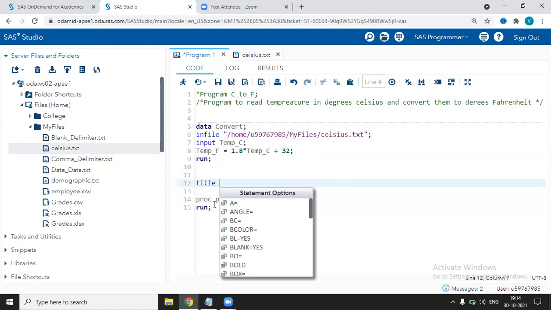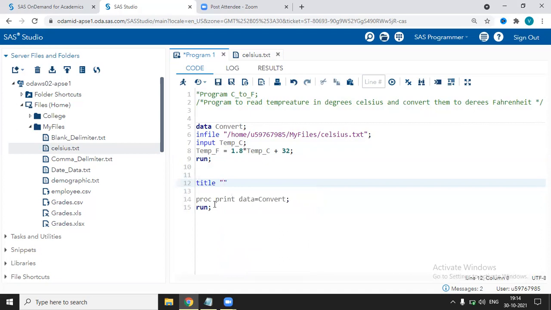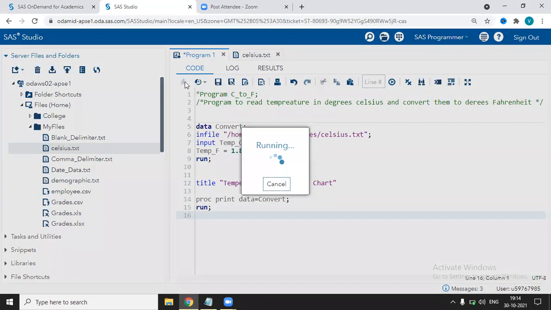In title, in double inverted comma, you can give whatever title you want to give to that data set. I'm giving temperature conversion chart. Now you can select all this and click on run, or you just go to the end line, put the cursor in the end line, and click on run.